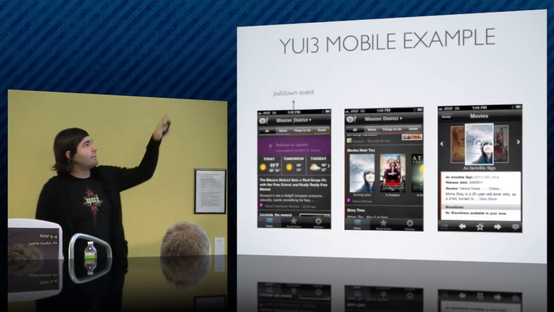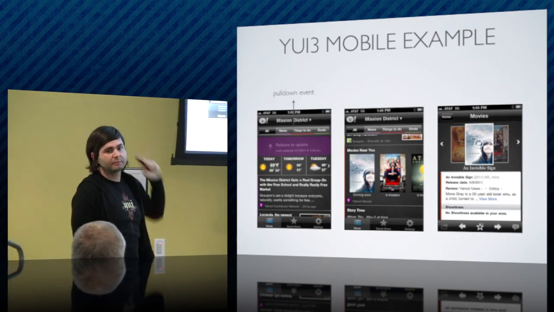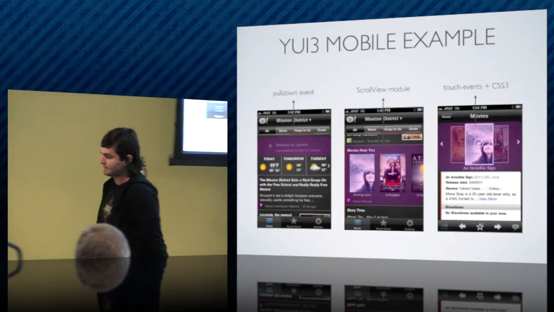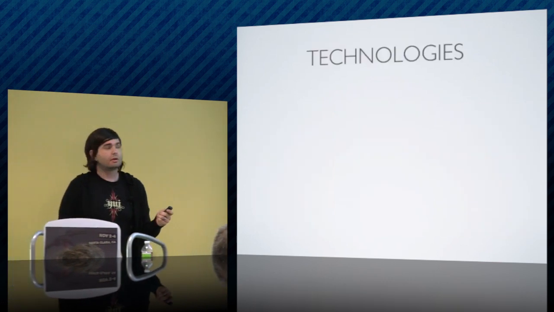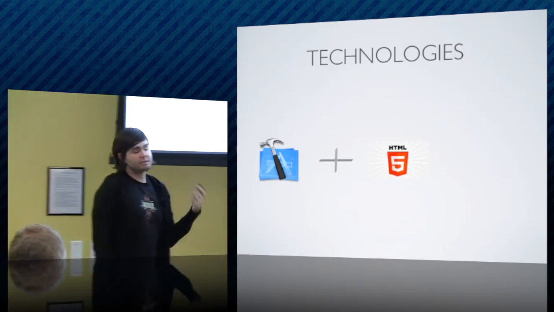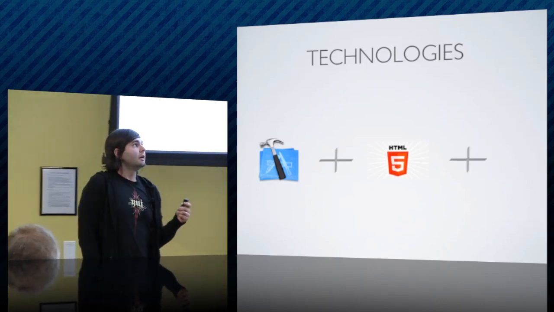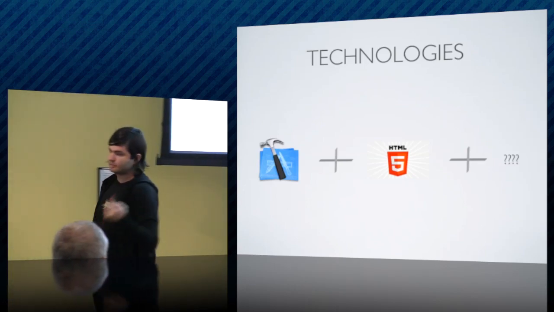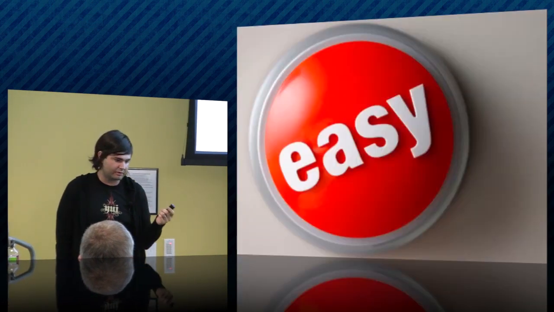So all the content and all the interactions. Remember that pull down to refresh event that I showed? That's done using web, a YUI widget. That little carousel over there, just a scroll view widget. And then the core flow detail page that we saw, that's just using that flick event from YUI and CSS3. So this app is using Objective-C, HTML5, CSS3, and